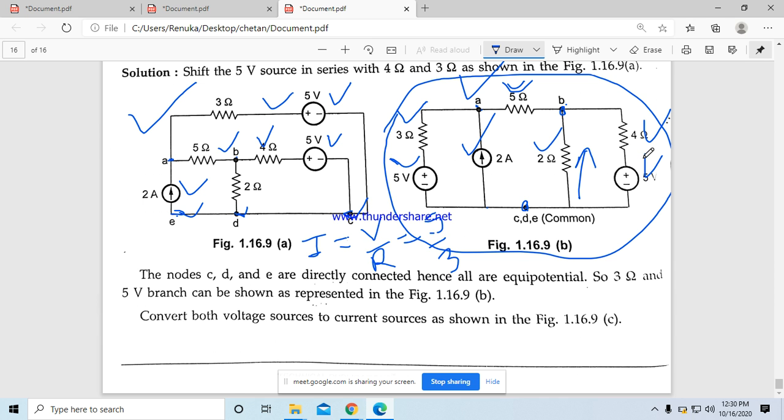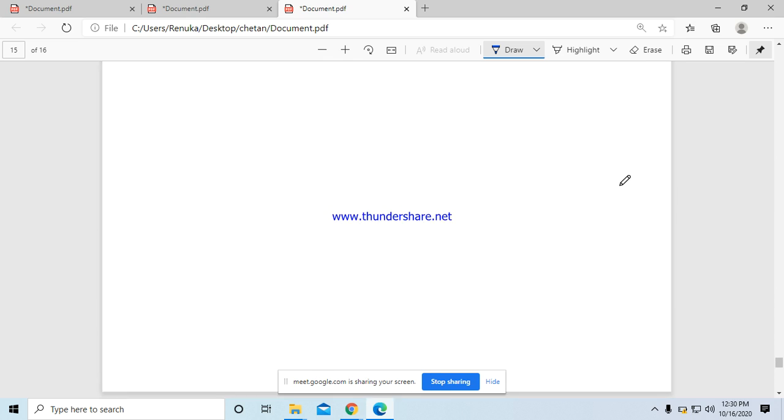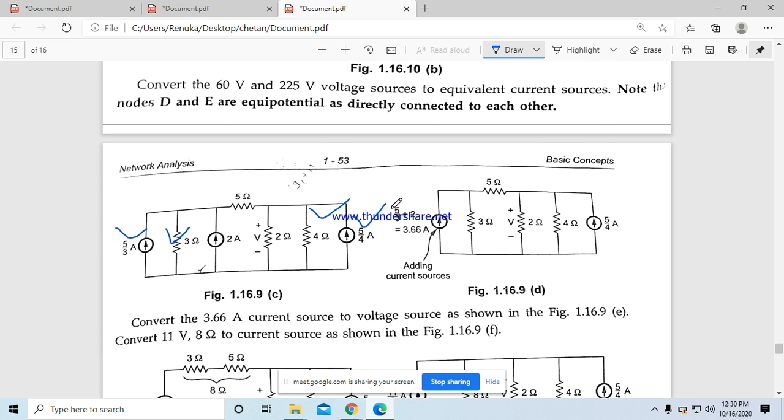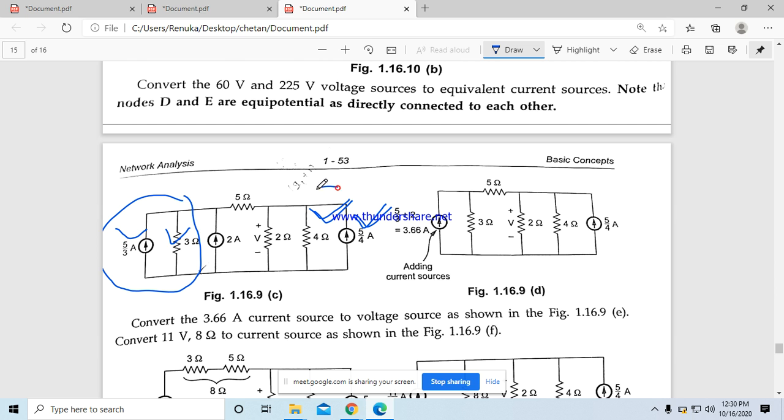Okay, tell me, what is the current source value here if you convert this voltage source into current source? V by R. What is that V? 5 volt. What is that R? 4 ohm. 5 by 4. That is parallel with what? 4 ohm. You can see that. 5 by 4, that is parallel with a 4 ohm. I have converted voltage source into current source in this setup. Here also I have converted voltage source into current source. Okay, wait for a minute.